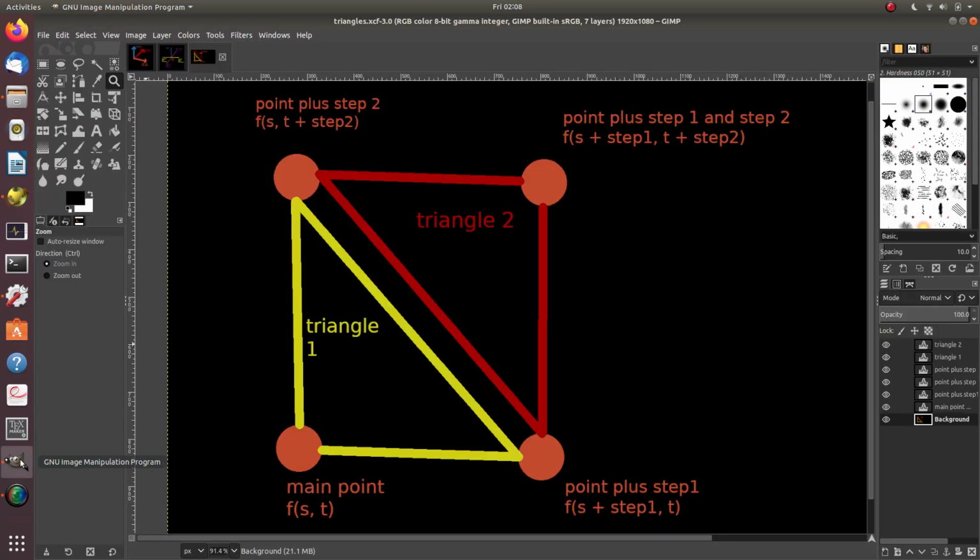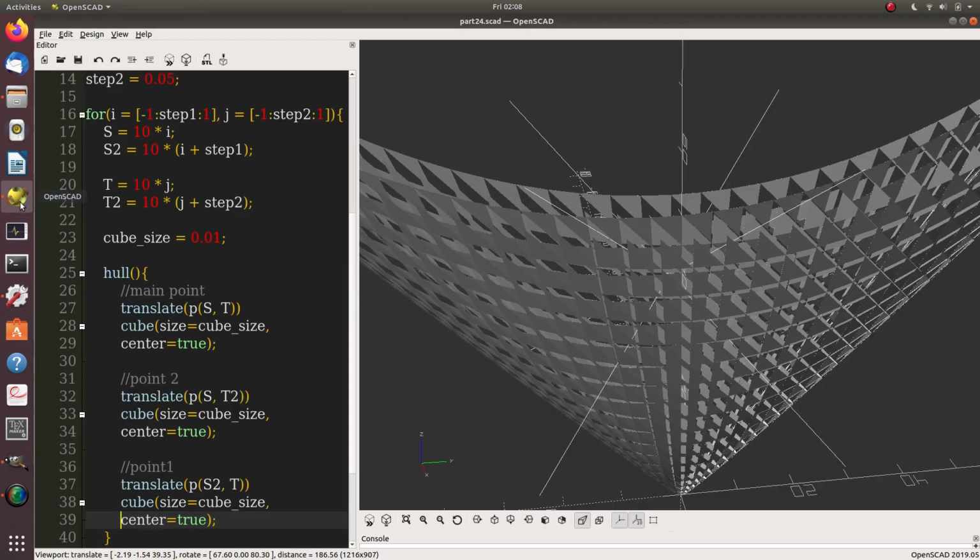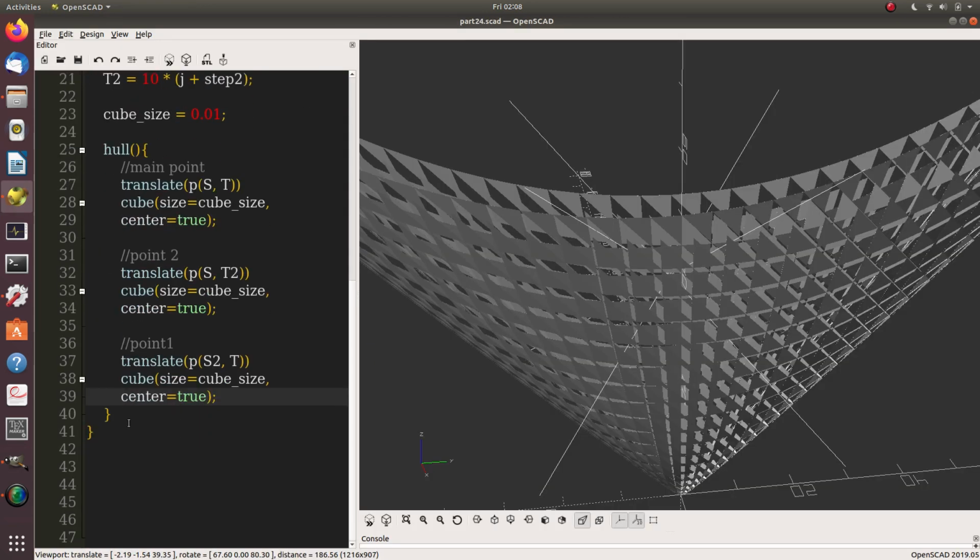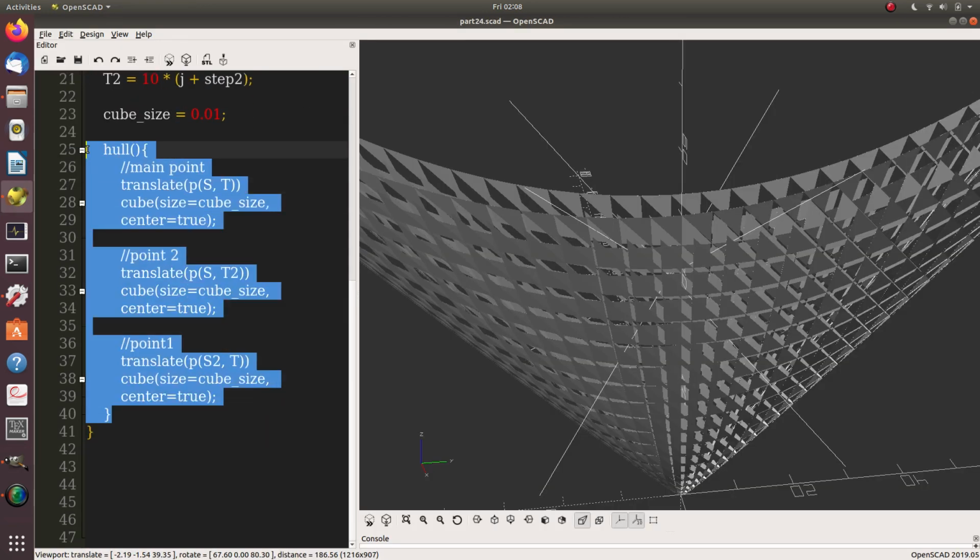So we need to look at this point over here, and we can see by its function to get here, we took a step this way, we took a step this way, and now we need to take both steps. And you can get there either way, but we just need to have the point corresponding to S plus step 1 and T plus step 2. So essentially all we have to do is copy and paste